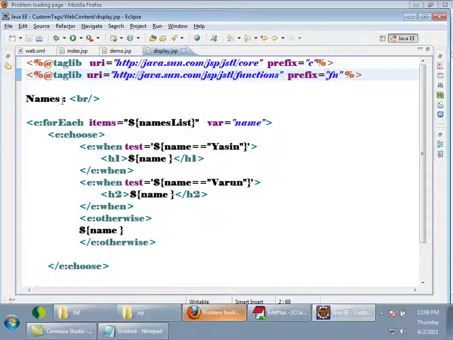Now I want to print names. Before printing names, I want to print length equals to, length colon, I'll use dollar fn:length of names list.